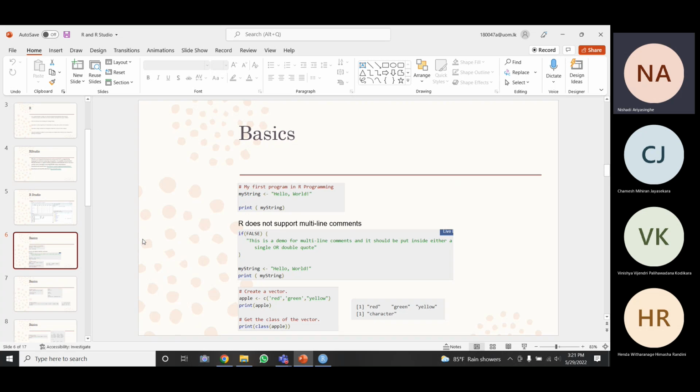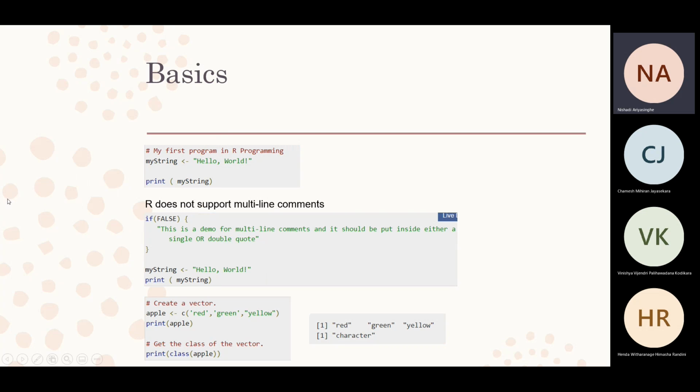So I have included some basics in your presentation. I think this part is not very hard because, similar to other programming languages, the basics are pretty much the same. If you want to add a comment, you just type hash and write your comment.